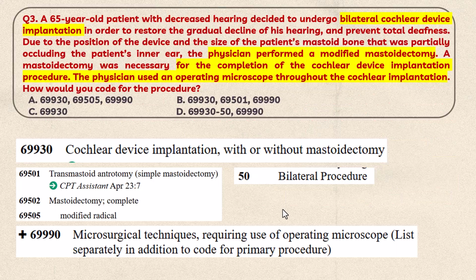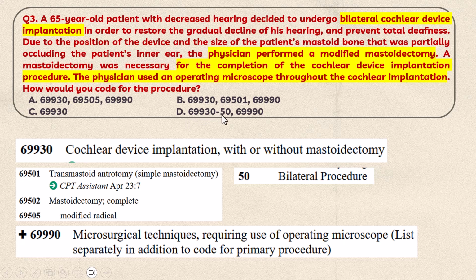When you go to the codes, you can see 69,930 is cochlear device implantation with or without mastoidectomy. So here you can see bilateral cochlear device implantation. So if it is bilateral, you have to use the modifier 50. You can see the modifier 50 is 50 for bilateral procedure. So in this case, you have to use the